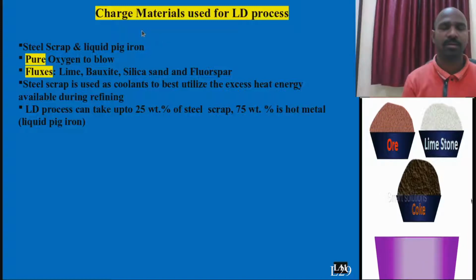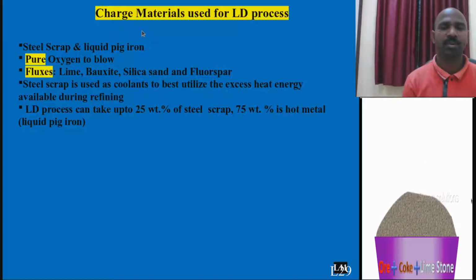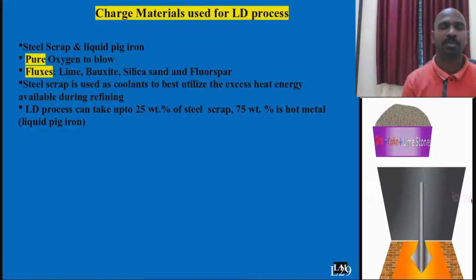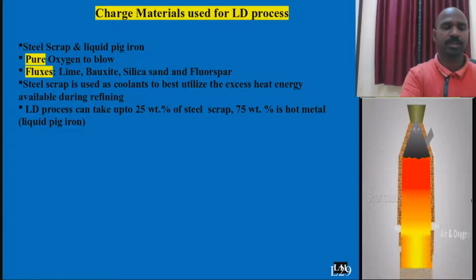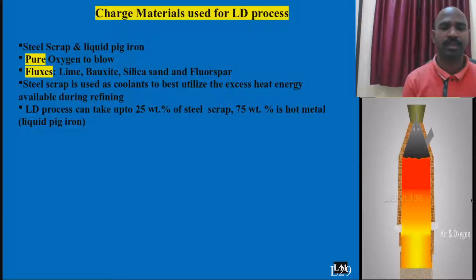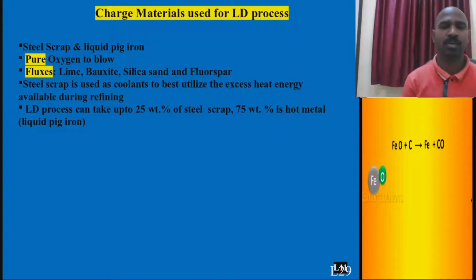In previous classes I was talking about the design parameters, design principles, and why the LD vessel needs to be designed in such a fashion: top cone, middle cylinder, bottom sphere, and the oxygen lance. What are the benefits of a single nozzle and of multiple nozzles, how the oxygen jet behaves, and the construction materials, a large length of steel tube with a copper tip. All those parameters were briefed and their advantages made clear in the previous classes.